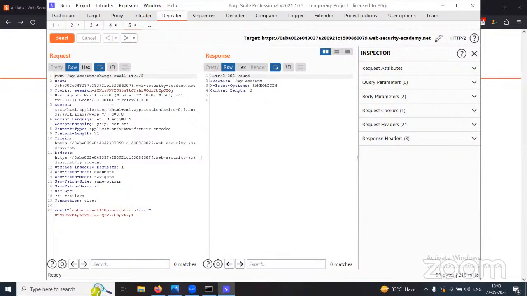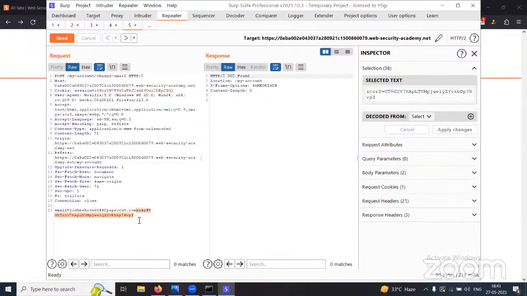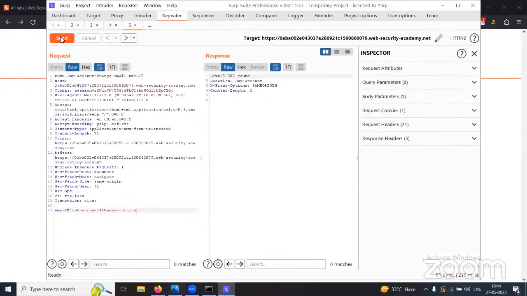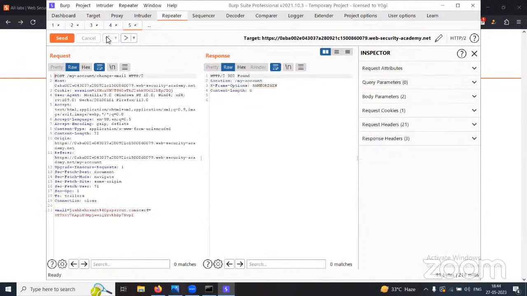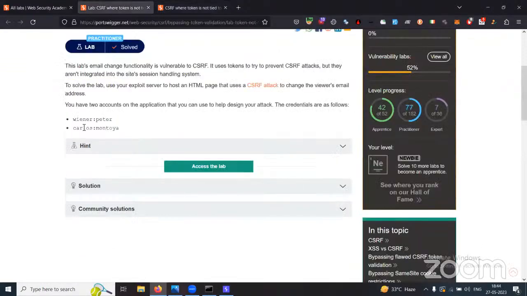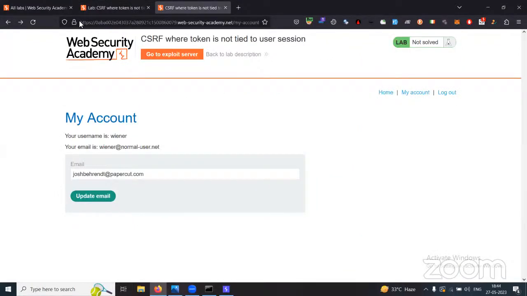Now we'll do the thing that we used lastly. If we remove the whole CSRF token in the POST parameter, and if I send the request, we get a Bad Request. So that means this method is also not allowed. So what can we do? Note, we have another account, Carlos Montoya. So what I will do, I will copy